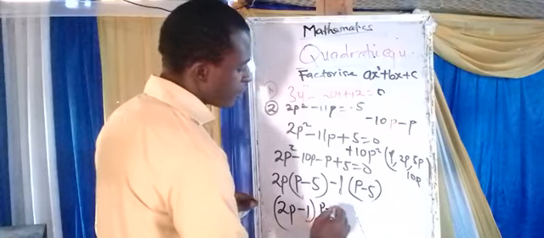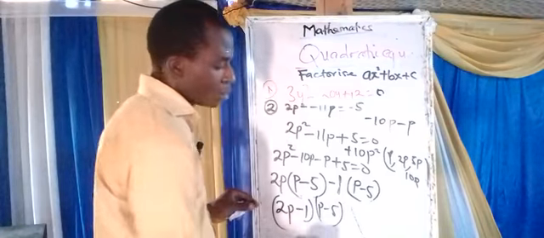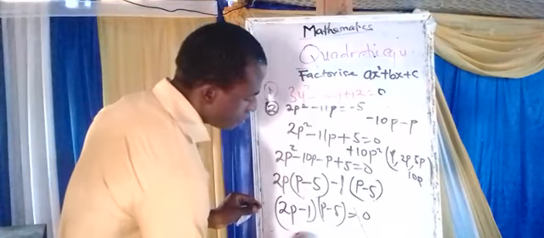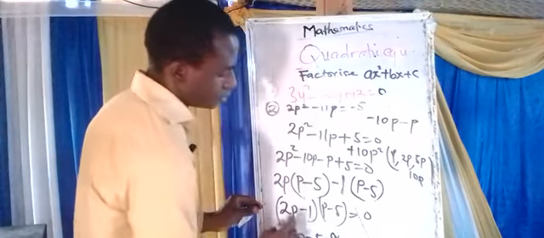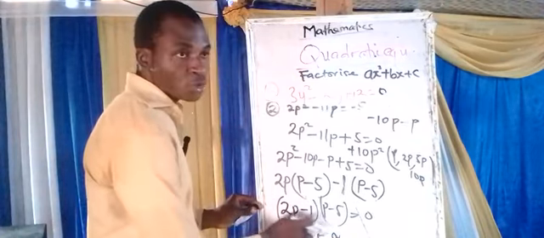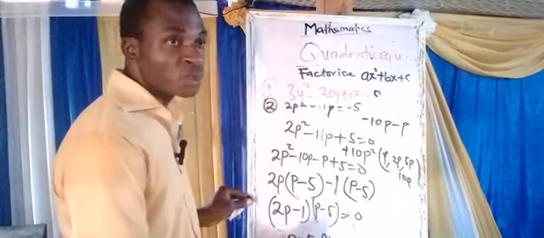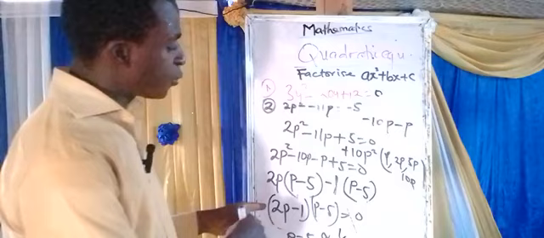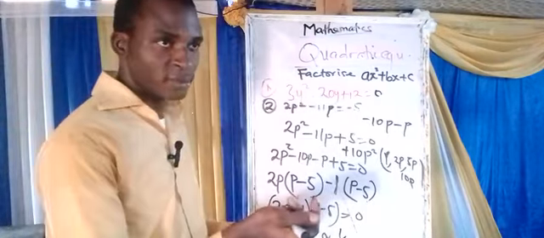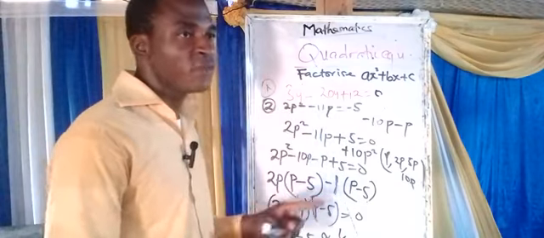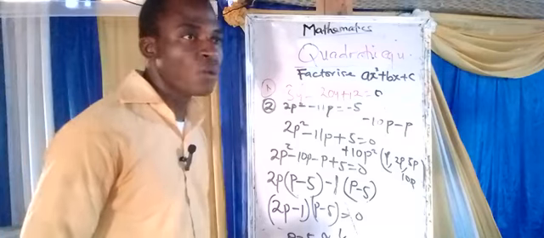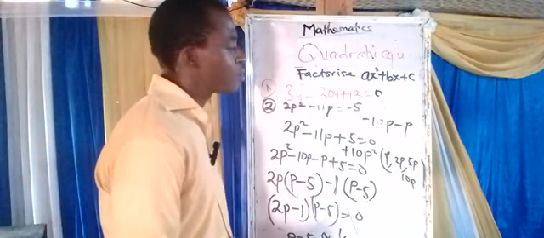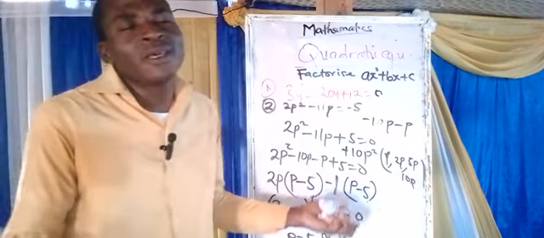Then we now have p minus what? 5, that is common in both cases. This is equal to what? 0. Then to get the actual value for p, p is either equal to 5 or, don't forget, you also equate this term to 0. Equate 2p minus 1 to 0. That will now give us 1 over what? 2. Don't forget. Because if we equate it to 0, if you cross the equality sign, then we now have 2p equal to 1, divided by 2, you will now get p as what? 1 over 2. So p is either equal to 5 or what? 1/2. So you can see what is giving us about this thing. No matter the value we are